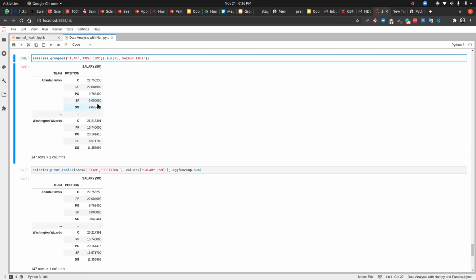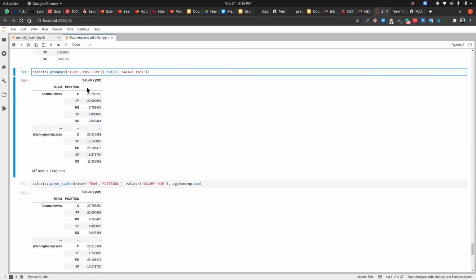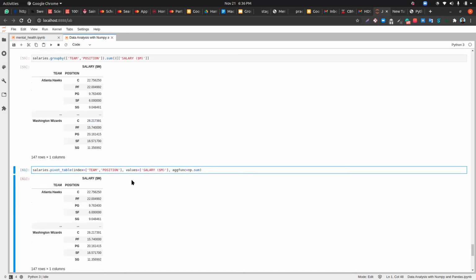This has really helped me a lot in analyzing data in my company. Though I hardly use group by, I prefer using pivot table. They do the same thing. I prefer pivot table because it gives me the ability to select my values. So the cool thing about pivot table,